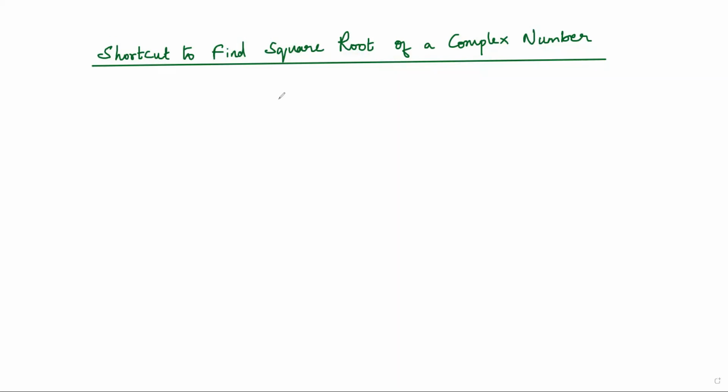Hi, in this video, we are going to see the shortcut to find the square root of a complex number. Let us consider a complex number in standard form, that is z = a + ib. The formula or shortcut to find the square root of this complex number is